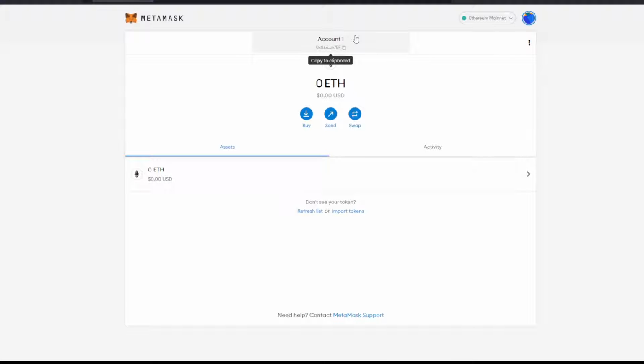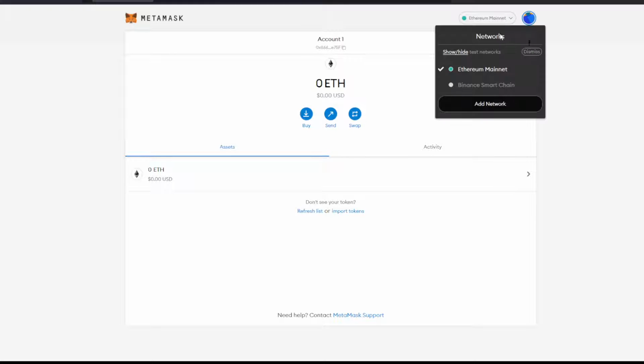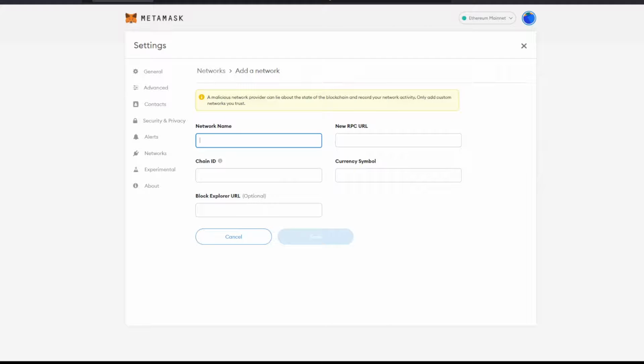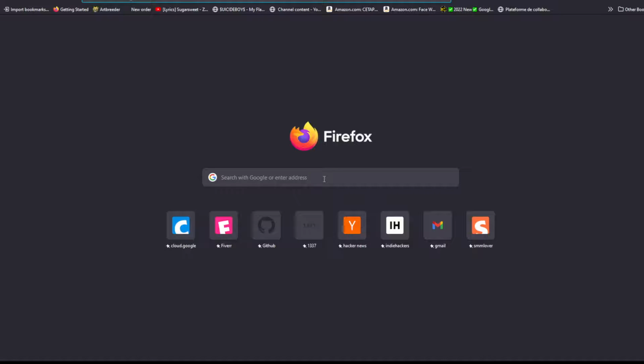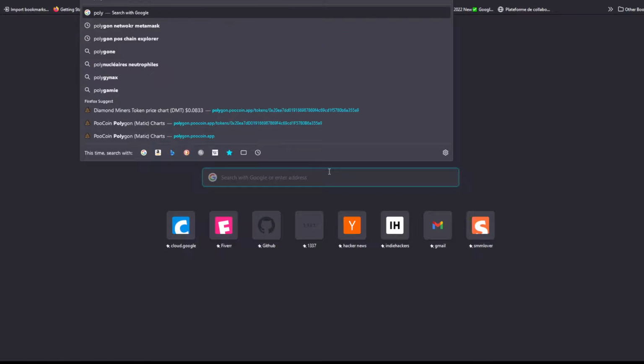So basically we're going to add the Polygon network. We head to this line right here and click add network. The default network you're going to be with is Ethereum, because it's the most famous network. I'm going to click add network. After that, I go to Google and simply search Polygon